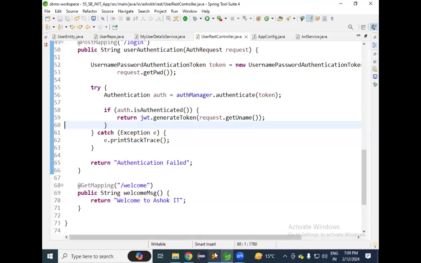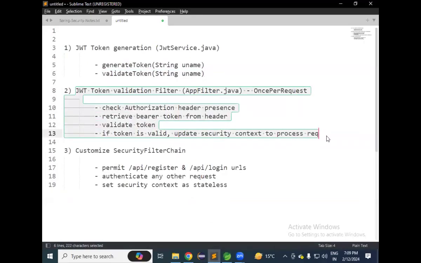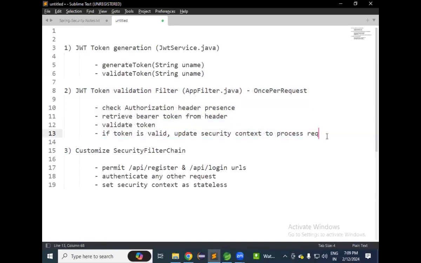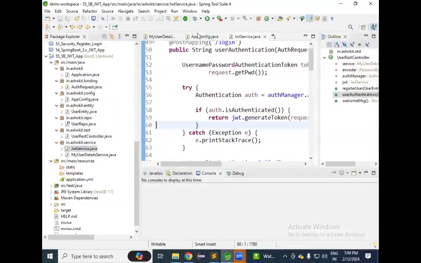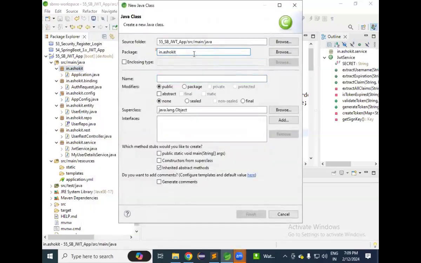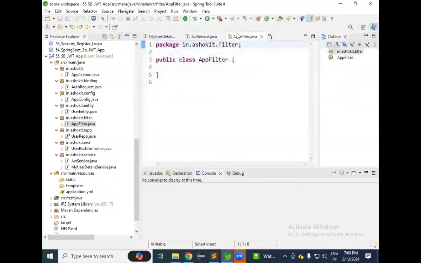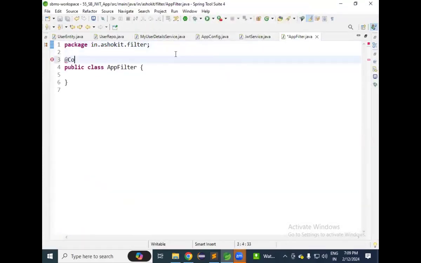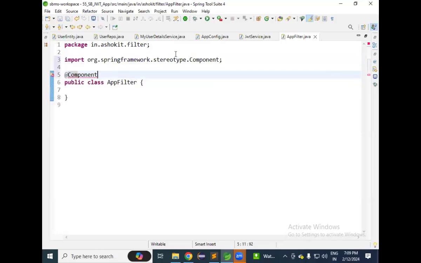Next, token generation is ready. What is the next part? Filter. The next part is the filter. What is the responsibility of the filter? Inside this filter, we need to validate the token. So let me create one filter, new class, filter. I'm going to create one app filter. This one I want to represent as a Spring Bean. For that I'm using @Component, and this is going to extend or implement